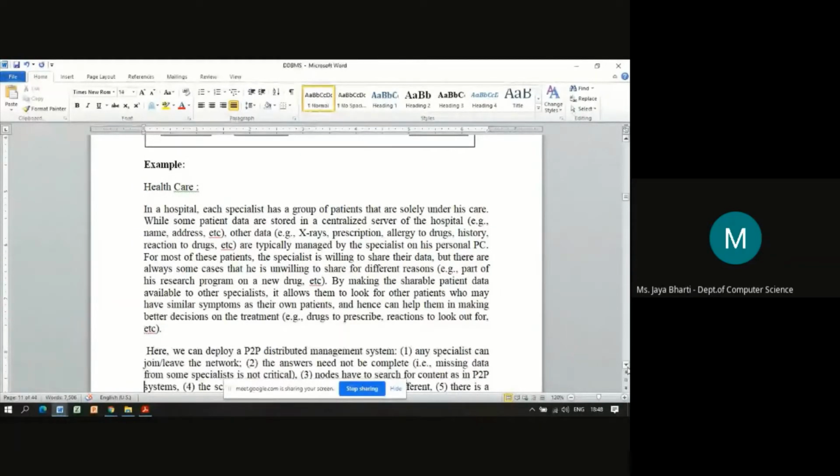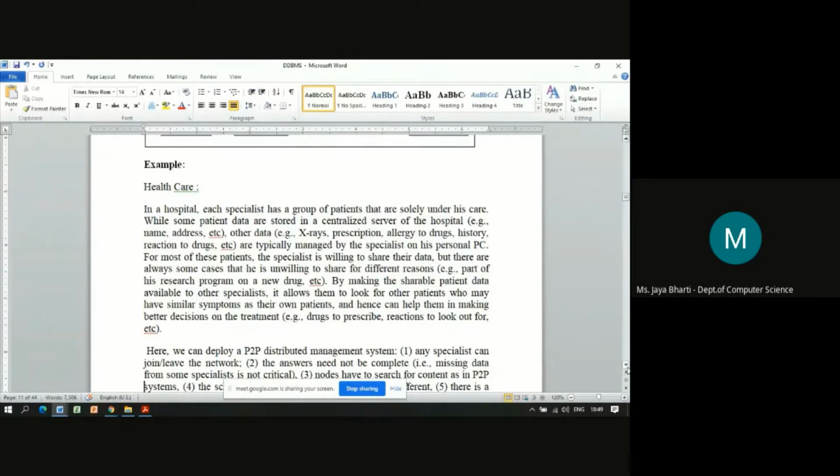For most of these patients, the specialist is willing to share their data, but there are always some cases that he is unwilling to share for different reasons, for example, as part of his research program on a new drug, etc. Okay.